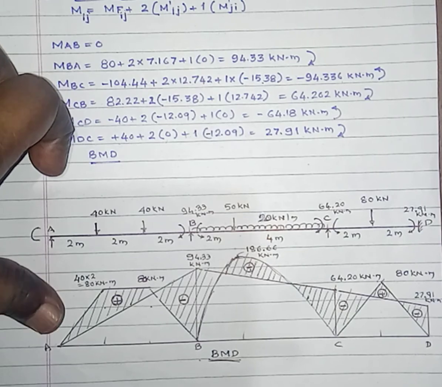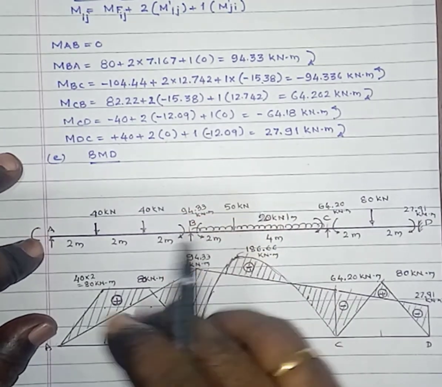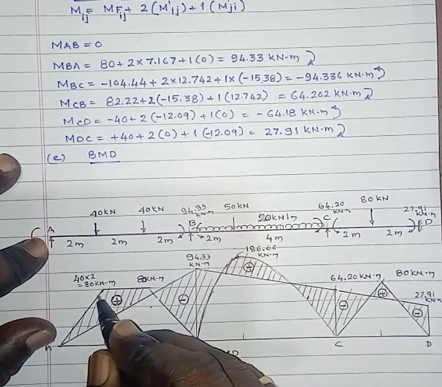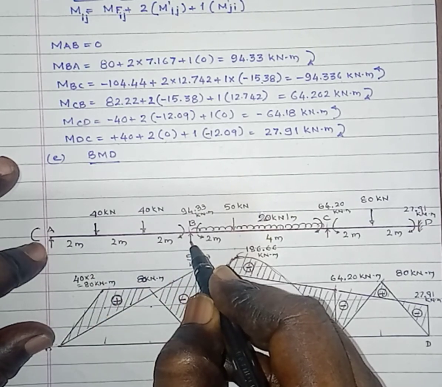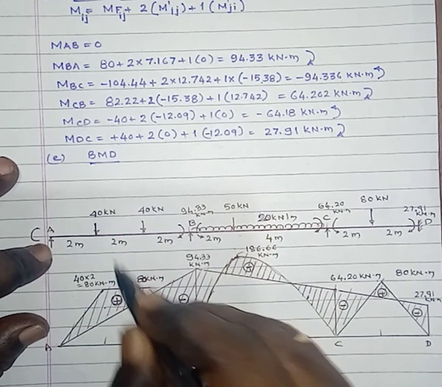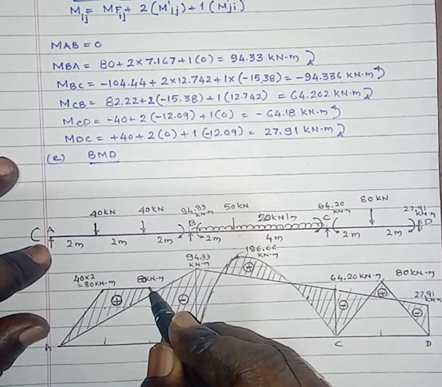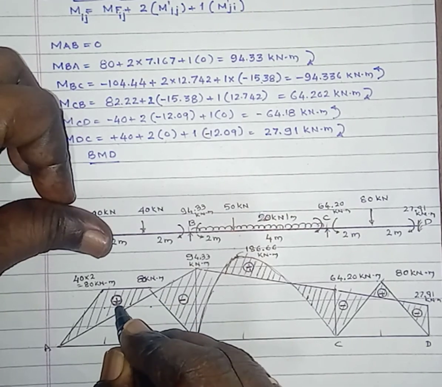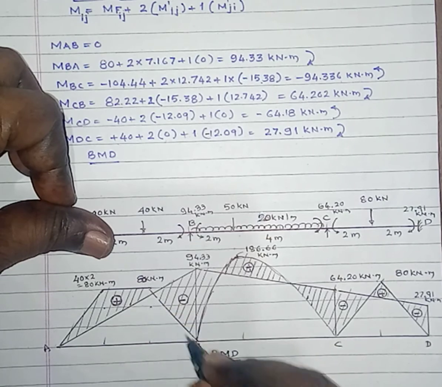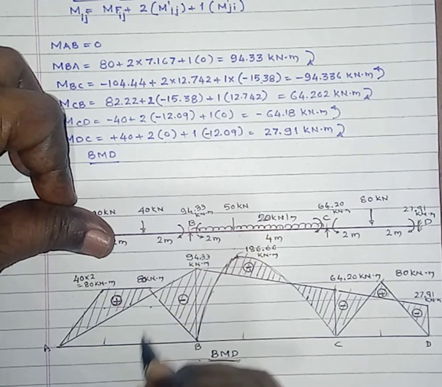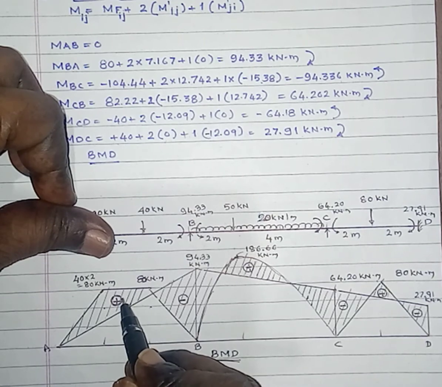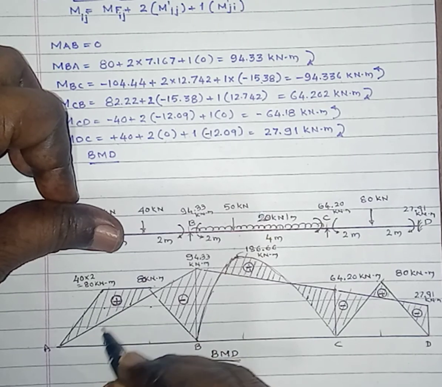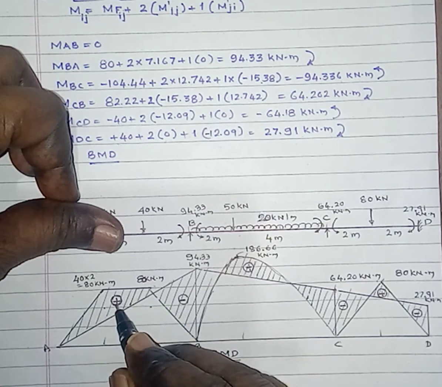Then the simply supported beam bending moment diagram. Here, by considering this one as a simply supported beam subjected to 2 point loads at equidistant from either end, then the reactions are 40 kilonewton for each. 40 into 2, that is 80 kilonewton meter below the first point load. Similarly, at the second point load, that is 80 kilonewton meter. Then this one is sagging moment. We have to overlap the bending moment diagram above the support moment diagram. Here this one is 80, this one is also 80. Here this bending moment is positive. Here we can show the shaded portion like this. This is positive bending moment diagram.